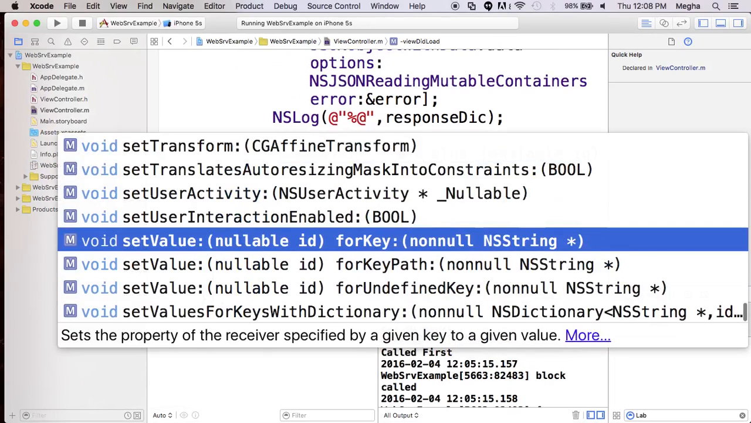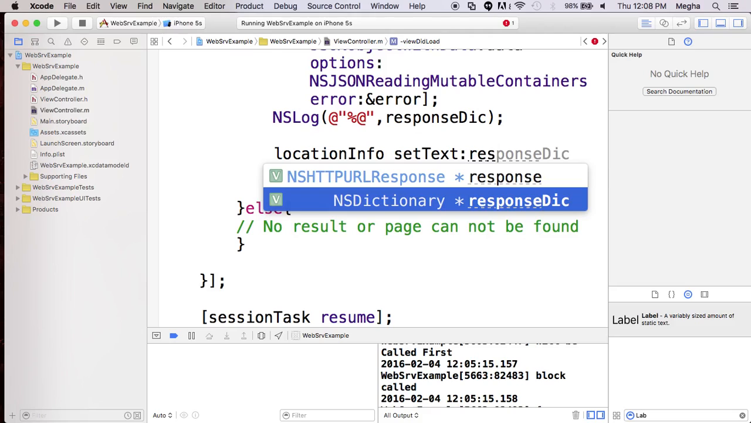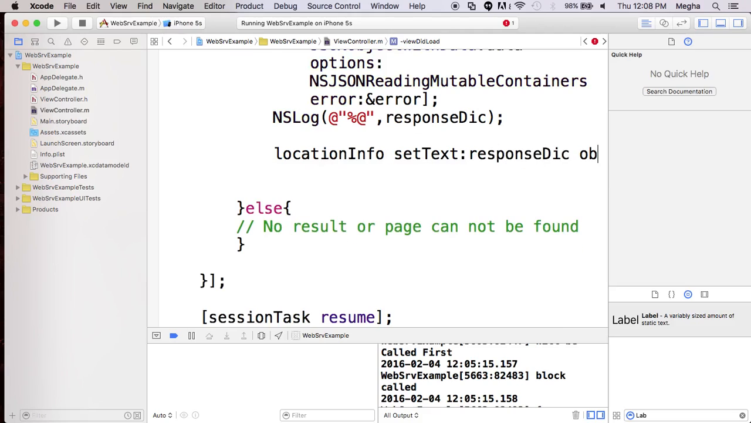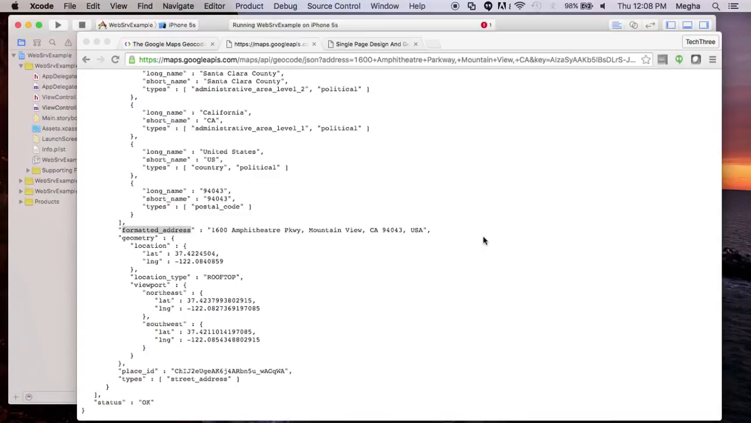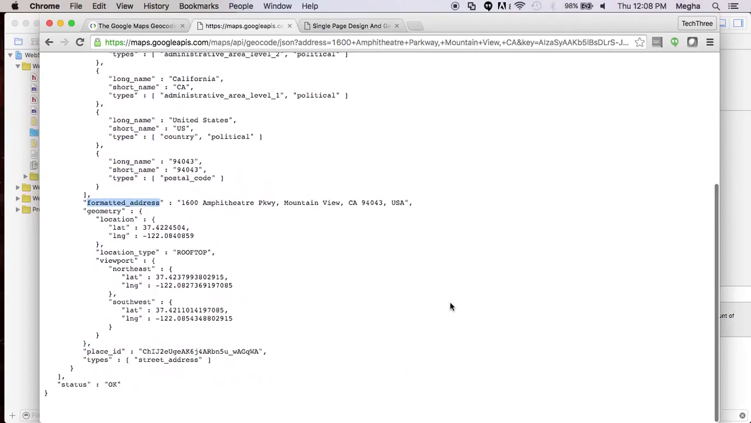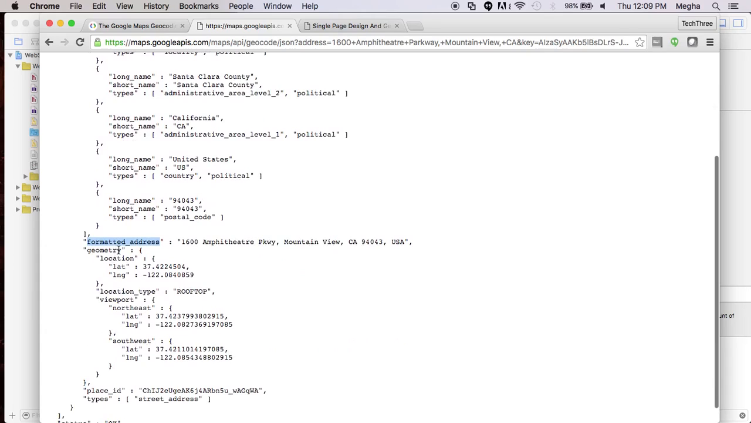Location info setText, response dictionary objectForKey. I think it is going to have more objects, or is it only one object? Okay, it's not actually. I need to get into results. Results gives me an NSArray. NSArray is actually having